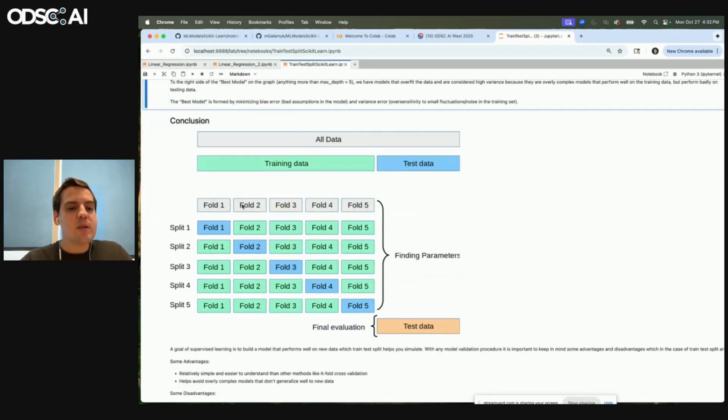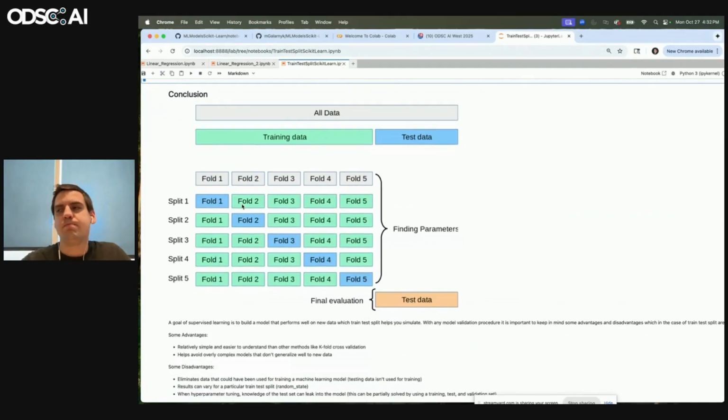So of course, there are other model simulation and model validation techniques. There's something called k-fold cross-validation. I'm not going to cover this right now because we only have about an hour. But what I really want to talk about here is that when you do a train test split, the one